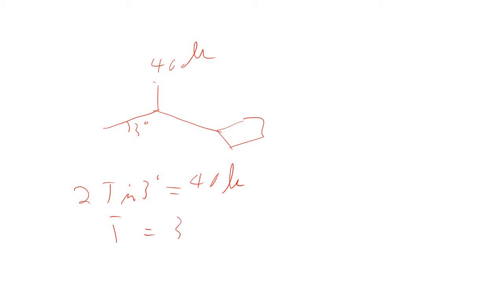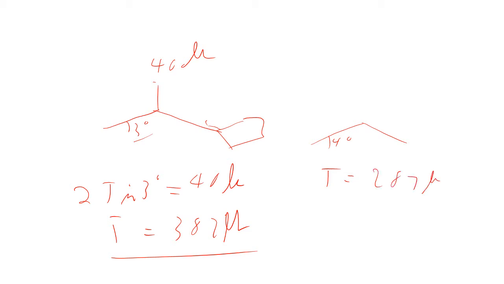And so T now drops to 382 pounds tension. And that might not be enough to move the car much. If it does move the car some, then you make this angle bigger. So if the angle gets up to 4 degrees, then the tension would drop even more, to 287 pounds. So the bigger the angle is, the less the tension is, until eventually it's not going to